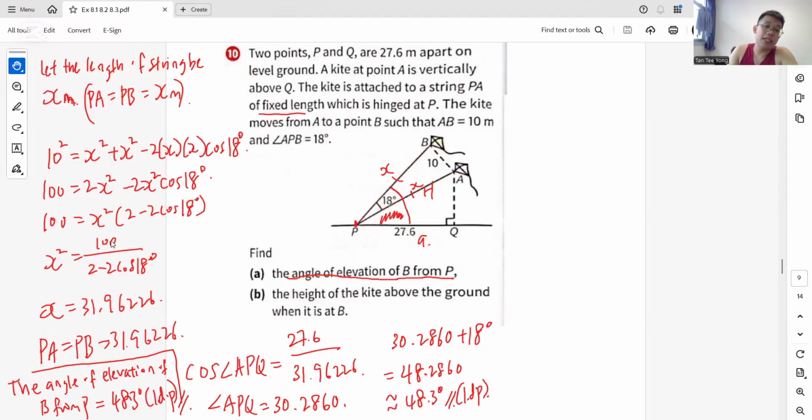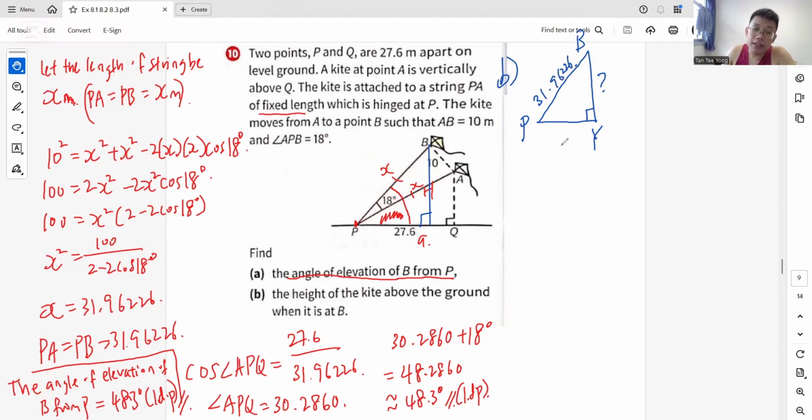All right, now part B in blue. So the height of the kite above the ground when it's at B. So they want this line. Okay, they actually want this length. So as you can see, I'm going to redraw. So this is part B. So it's like that. Let's just let this be Y. Okay, so they want this, and then we know that our BP, which we found in part A already,